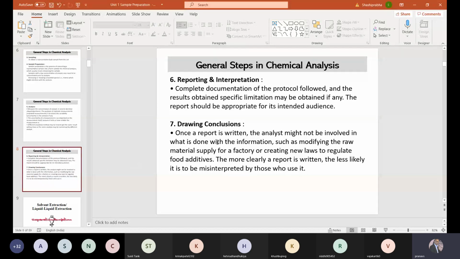So these were the 7 general common steps which are being employed when we analyze any sample in any form, the real sample, for which we do not have any solid information. We collect information, we devise a strategy, we formulate our own questions, and then we arrive at possible